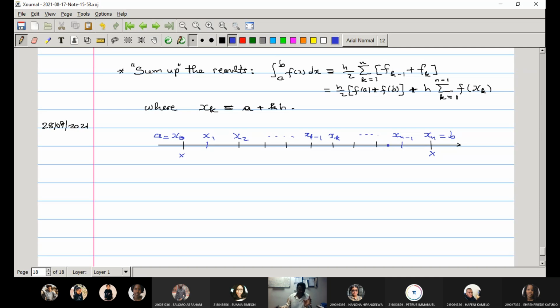Because there is only one subinterval that contains x0 and only one subinterval that contains xn. Now, if I use this interval, this is the first subinterval, and this is the second. You can see that the first and second subinterval have a common point, which is this one, right? So meaning that when I integrate like this from x sub 0 to x sub 1, and from x sub 1 to x2,